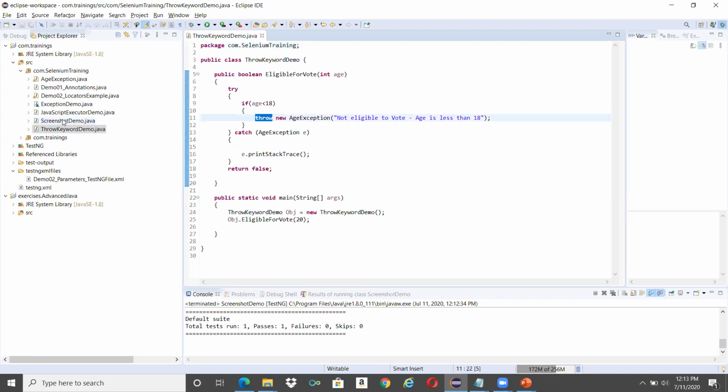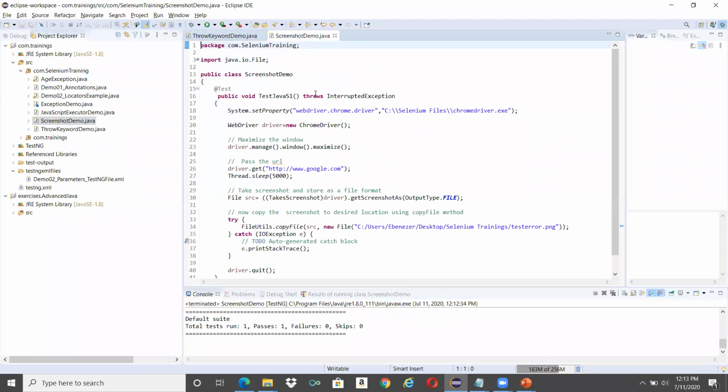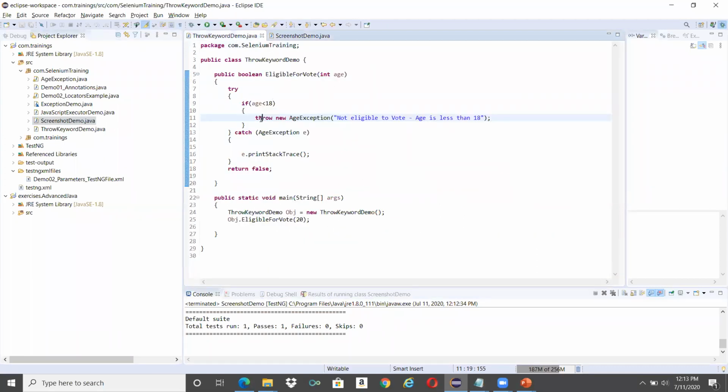Okay, here we have used throws keyword. Okay, throw keyword is user defined. So what I'm trying to do here is, I told you like Throwable is the complete superclass, and next to that Exception is the superclass of all checked and unchecked exceptions.